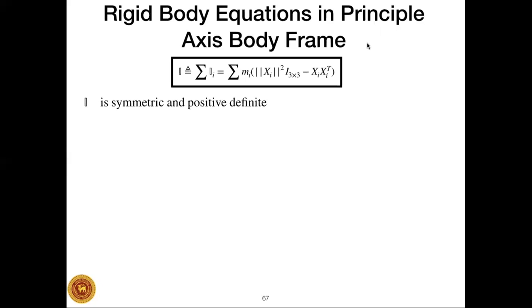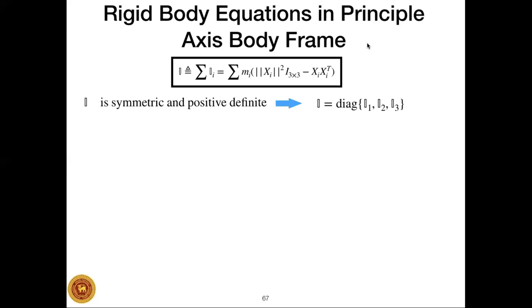And one can easily show that this is symmetric and positive definite. You can easily verify that. And what that means is it can be diagonalized. Since it is symmetric and positive definite, it can be diagonalized with real diagonal elements, and they are the eigenvalues